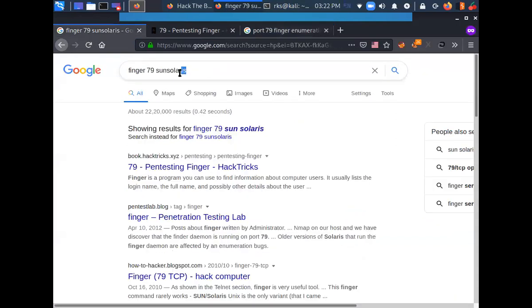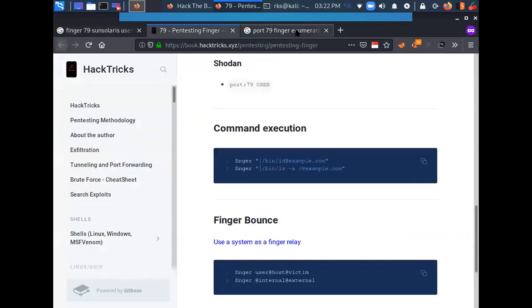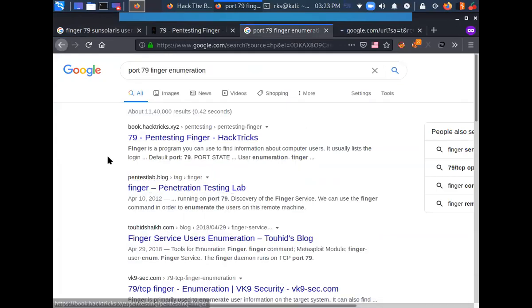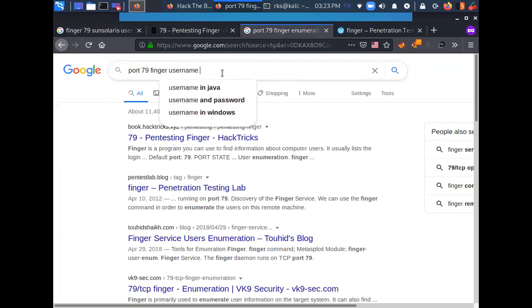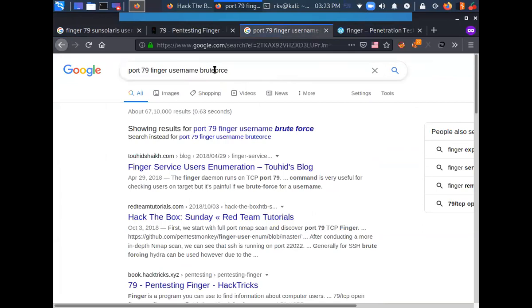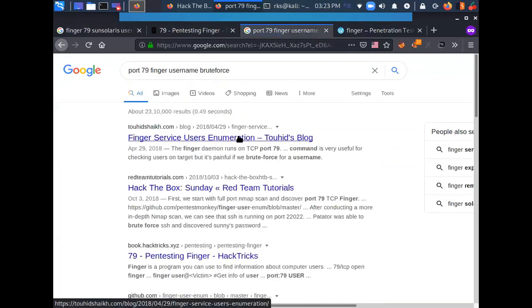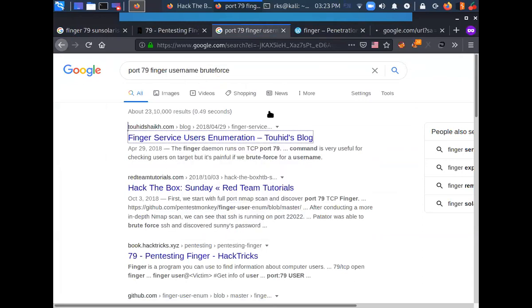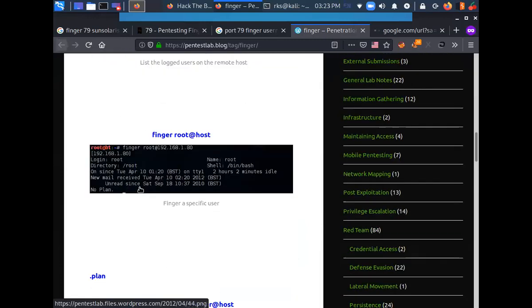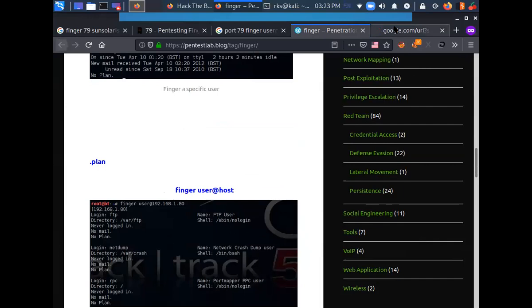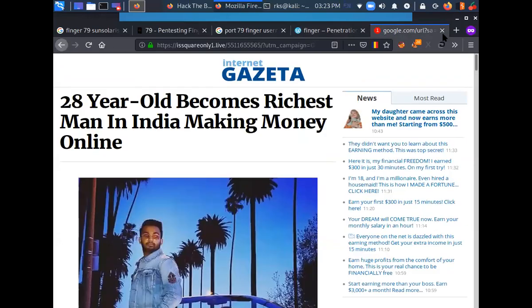I can search for username enumeration, or I can do username brute force. What is this?